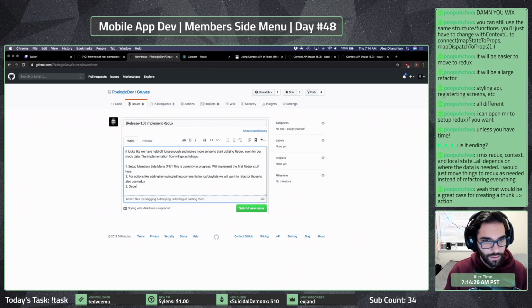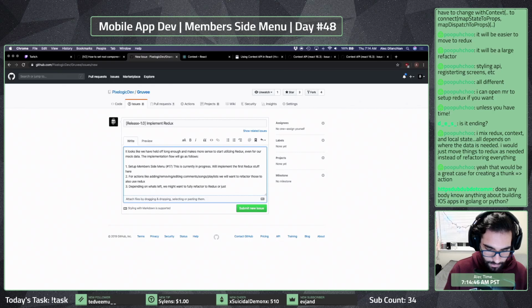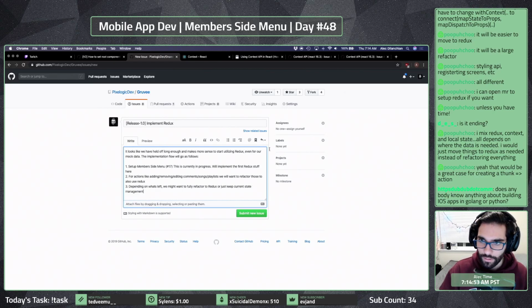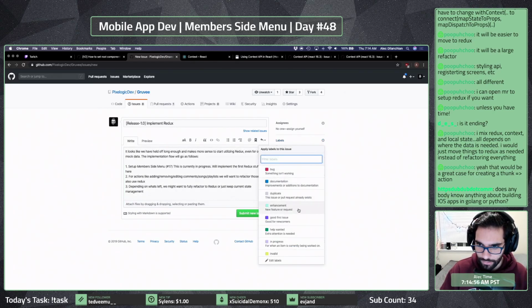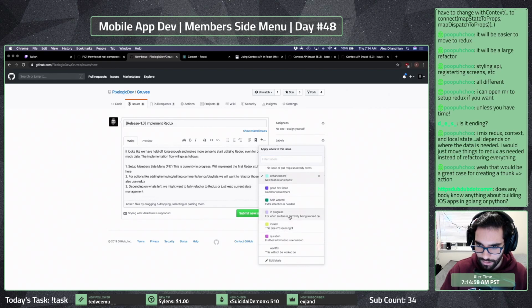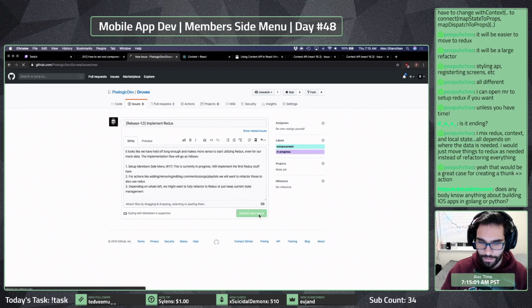And then three, depending on what's left, we might want to fully refactor to Redux, or just keep the current state management. All right, looking good. So we have enhancement, also in progress. Boom.